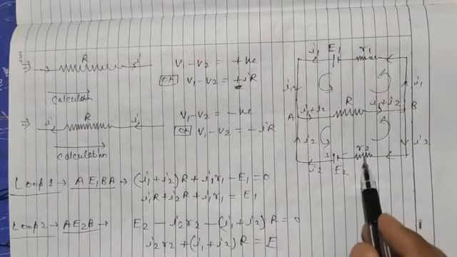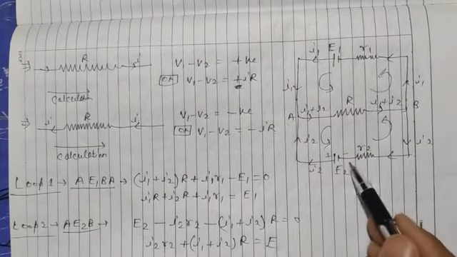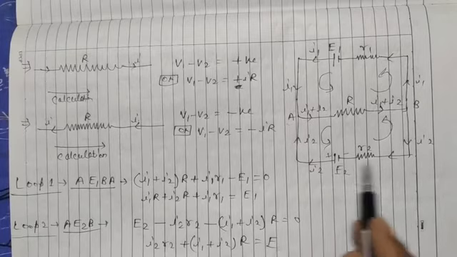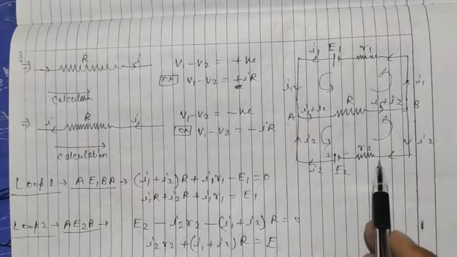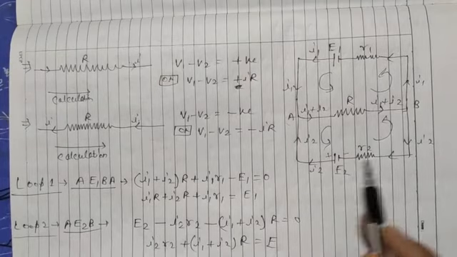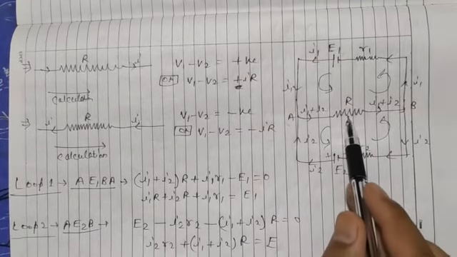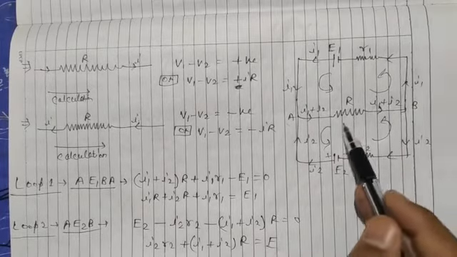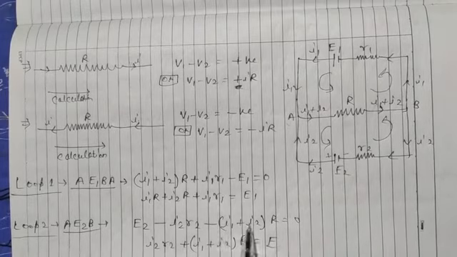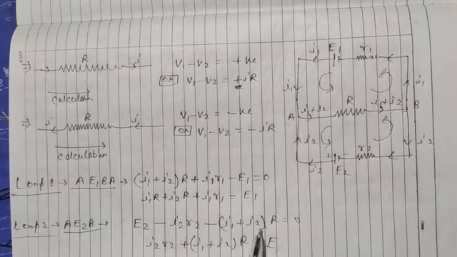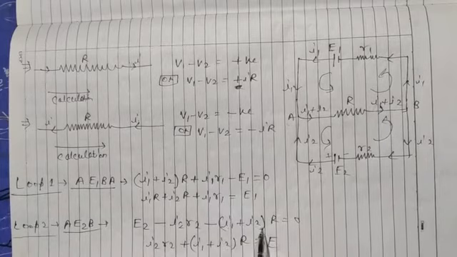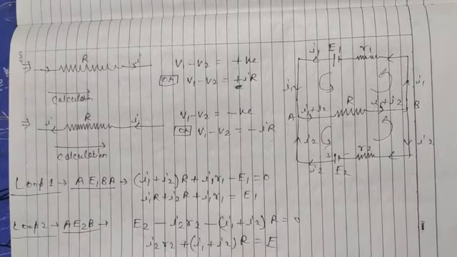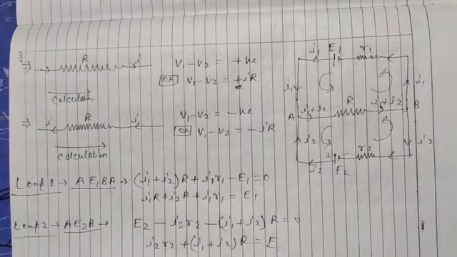This is the second element, current is flowing in this way and the direction of calculation is in the opposite direction. So the sign of the potential difference I2 R2 is negative. Now this is the third element, the direction of current is this way and the direction of calculation is the opposite, so the sign is negative. According to Ohm's law, potential difference is current multiplied by resistance. Here the current is I1 plus I2 multiplied by R. Then we solve this and we find this. So we can use Kirchhoff's second law like this.